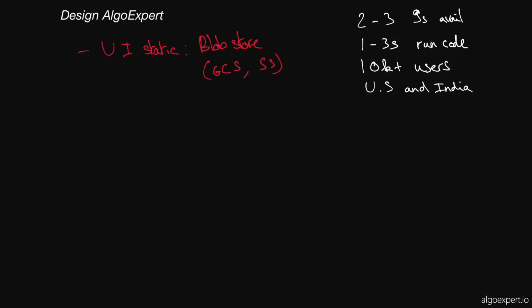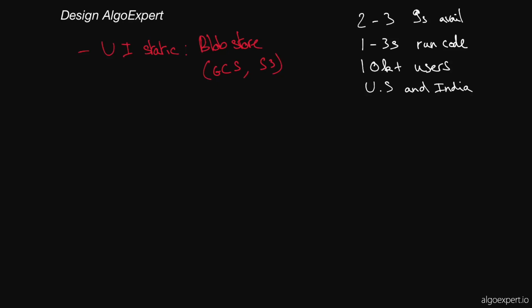The homepage of the website, you want people to go on it and have it be very responsive. So I'm thinking that a CDN like Google Cloud CDN, which is another product that I'm familiar with, or I think we can use Cloudflare, one of those CDNs to serve the static content, and that would be good because the CDN would have its own servers in India or near India, and in the US, and we would serve static content really fast, and that would probably reduce the response time of the home page or of the purchase page quite significantly for all users, regardless of their region. Does that make sense? Yeah, that's great.